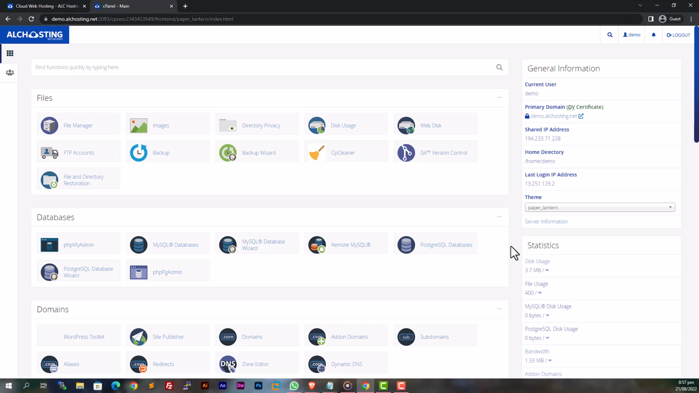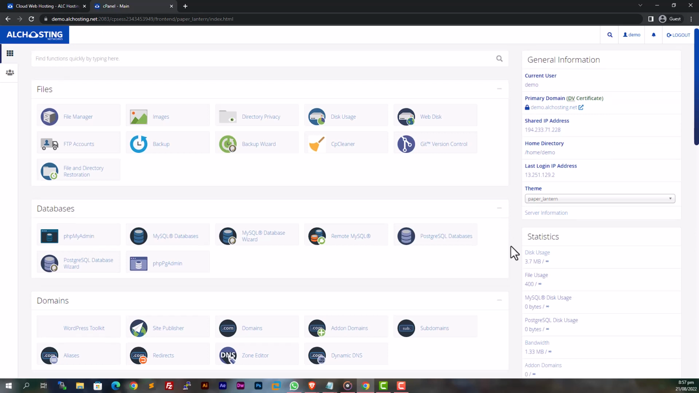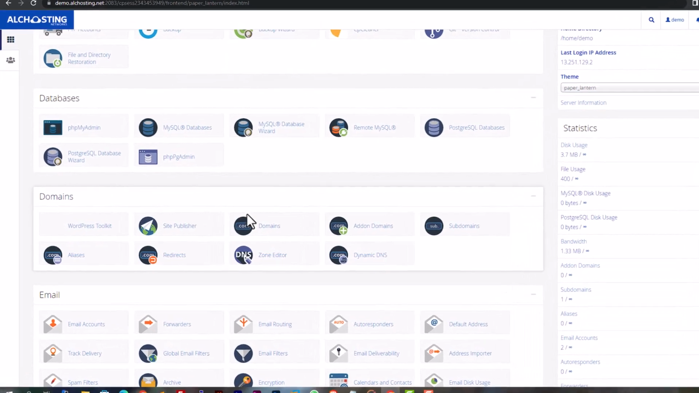This manual is for domains that are pointed to your ALC hosting account via web hosting name servers. If your domain is using the cPanel email service, the SPF record will be added automatically, so you don't need to follow this process. To start with, navigate to the Domains section in the cPanel main menu, and click the